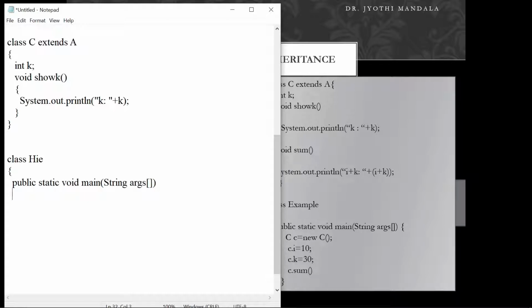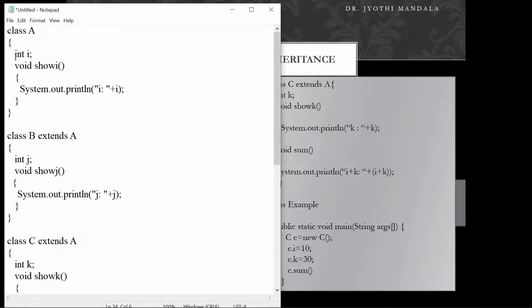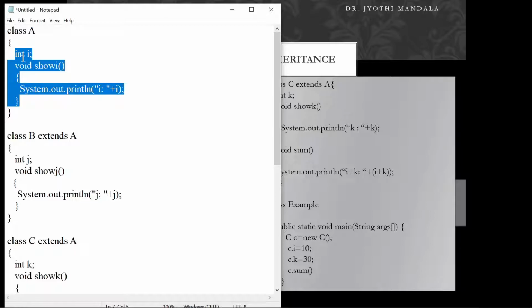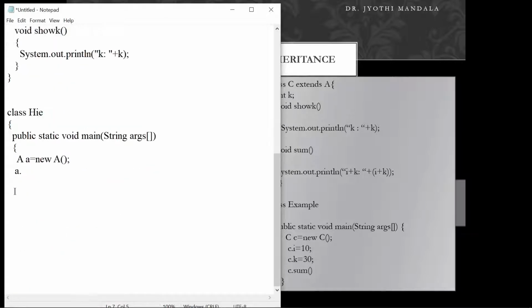Now in the main method, if you create an object of A, let us call the object small a, then this small a is capable of accessing whatever elements are there in class A, that is I and show I only. So we can assign A dot I equal to a value, and we can write A dot show I only.